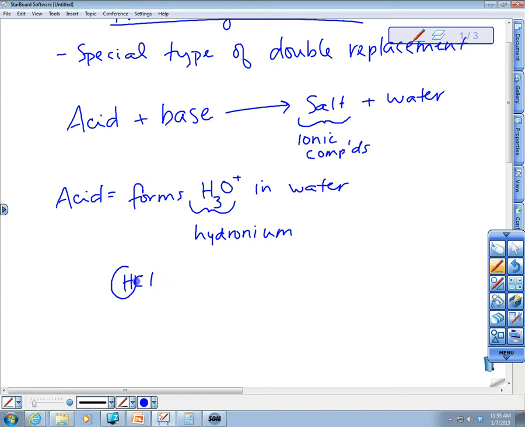When this hydrogen disassociates from this chlorine ion in water, it can kind of pop up over here to this water molecule and make a hydronium ion. So acids do that. They do this by donating a hydrogen ion